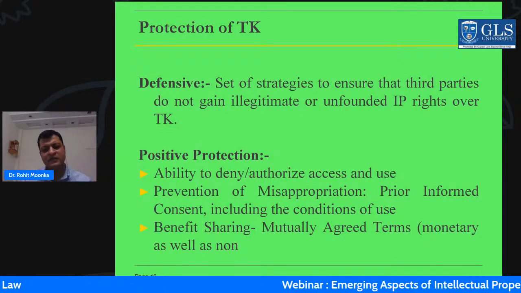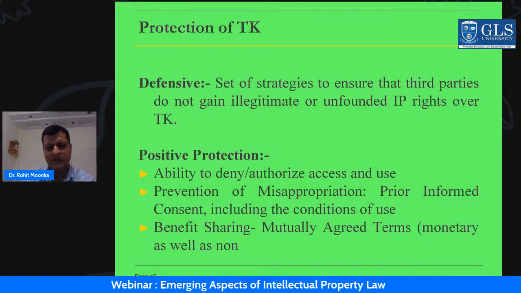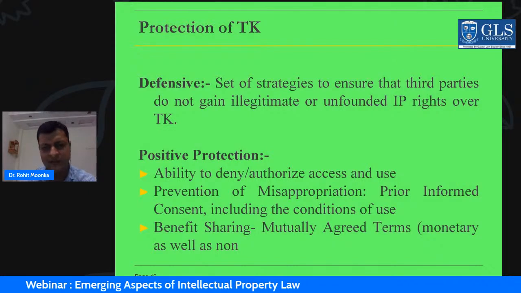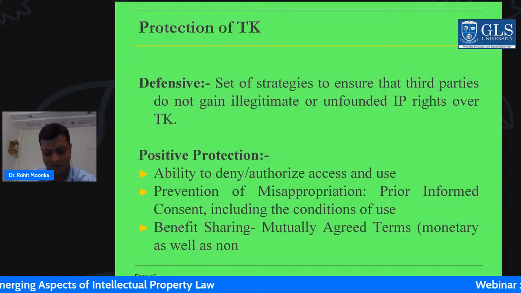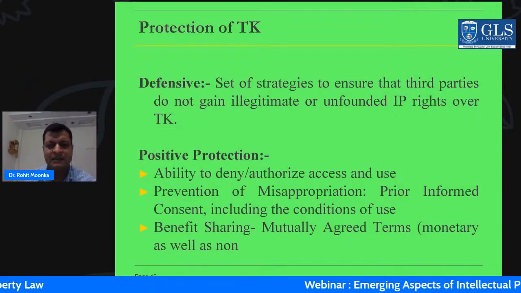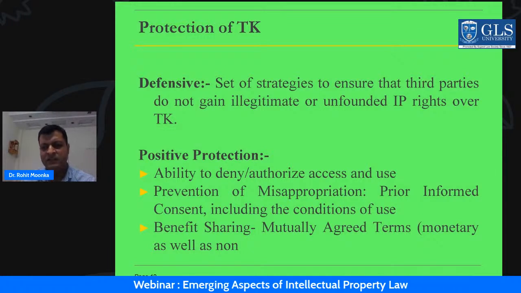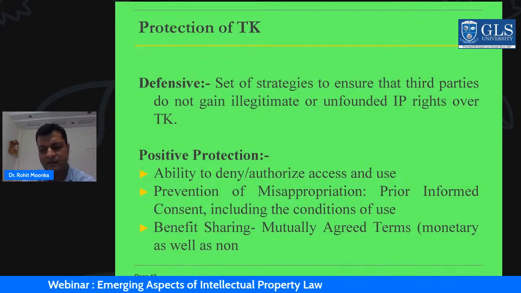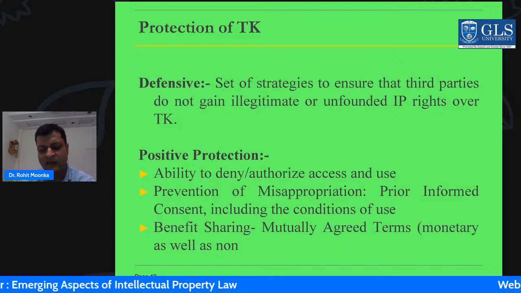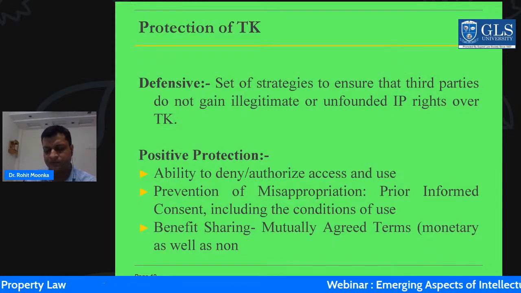They have established an institution called TKDL. I will discuss it in detail after this. That is a defensive mechanism. The full form of TKDL is Traditional Knowledge Digital Library. Through TKDL, the CSIR, which is the Indian government's apex body when it comes to scientific and industrial research, has